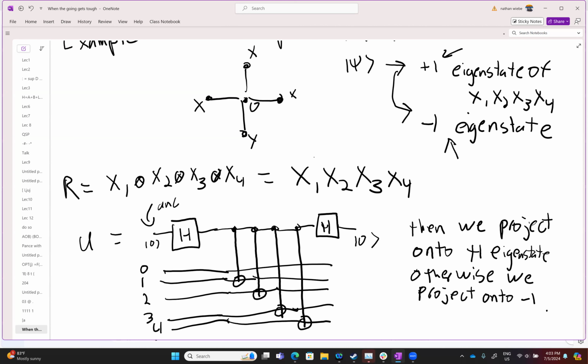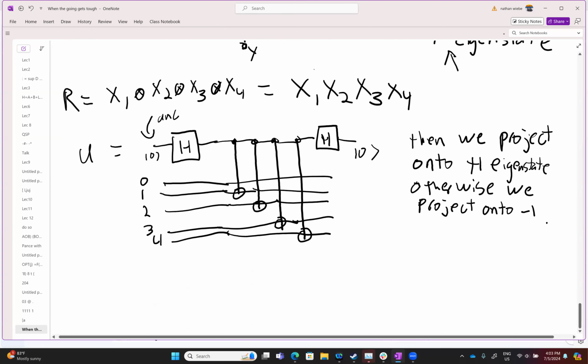So this is actually a standard circuit that one would end up using just kind of by rote to talk about how to measure an operator through the lens of quantum error correction. But now, through the lens of block encodings, we can end up seeing that this is actually really just a circuit that ends up block encoding identity minus x1, x2, x3, x4. And down here, we would end up having,